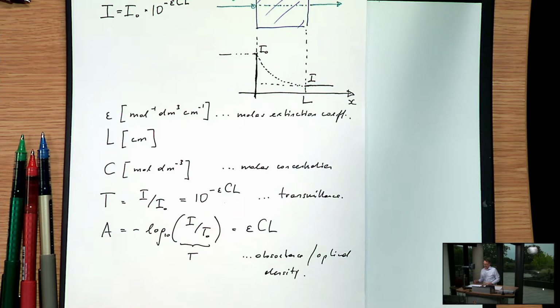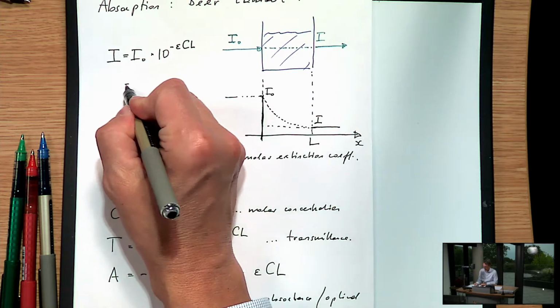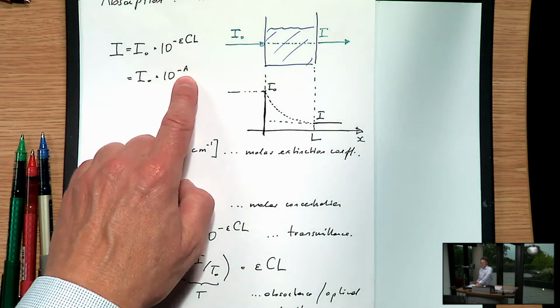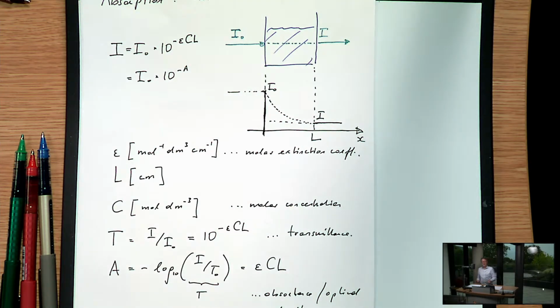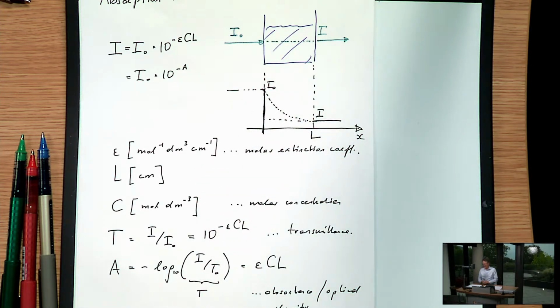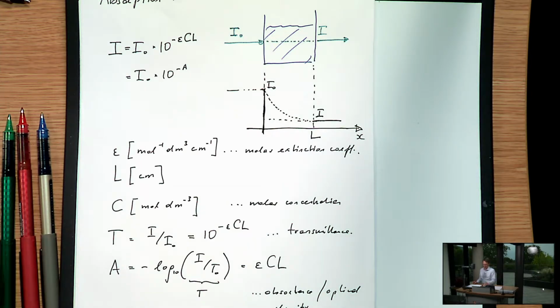So you can now tell me, we can recast this here as I naught times 10 to the minus the absorbance. So you can tell me, work it out yourself: if the absorbance A doubles, how does the ratio, the transmittance, change as a result? How does the transmittance change as you double the absorbance? That's a useful thing to get your head around, because it also tells you why absorption is a difficult